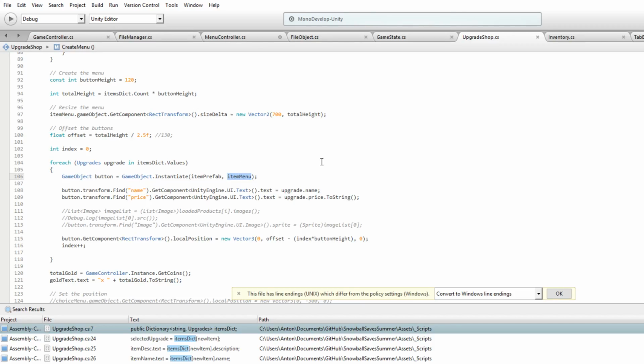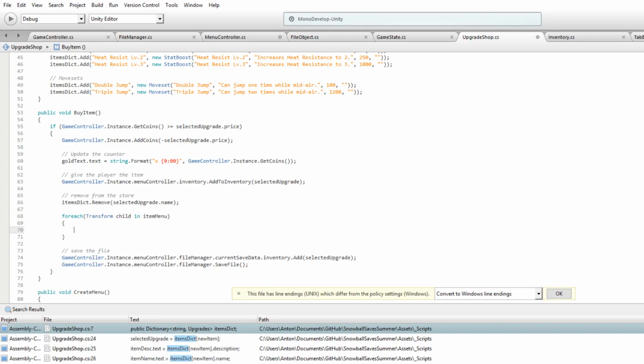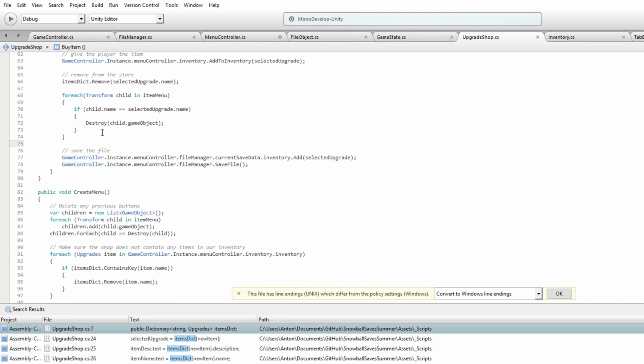So we need to look at each transform in items menu. Let's do this. When we make the buttons, let's change their name. Button.name equals upgrade.name. And so then we can go up here and say for each transform child in items menu, if child.name equals selected upgrade.name, then we'll destroy child.gameObject. There we go. So simple as that. We're looking at the name of the thing that we want to remove and we will just destroy it. The only issue with this is that